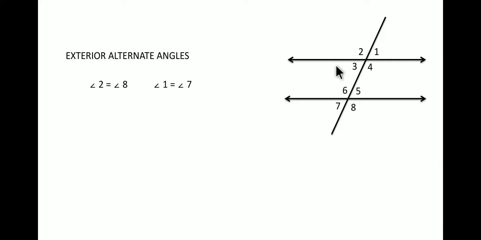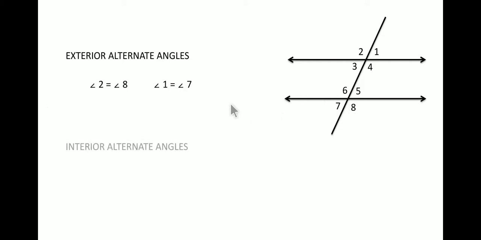Remember, if they are parallel lines and the transversal passes through the parallel lines, then only the angles will be equal. In the previous case, when the two lines were not parallel and the transversal passed through them, then they are called exterior alternate angles, but they are not equal. Those angles are not equal. Only in case of parallel lines they become equal.